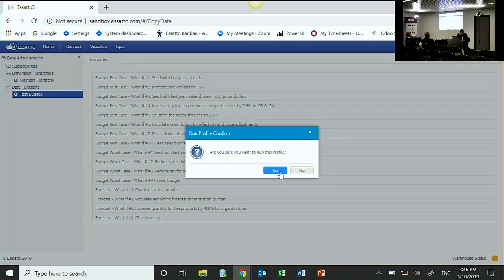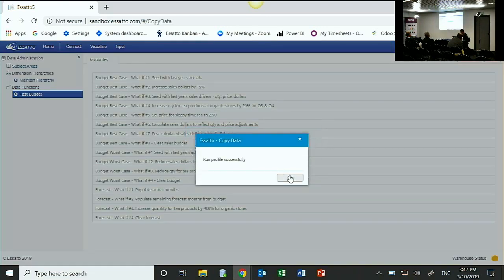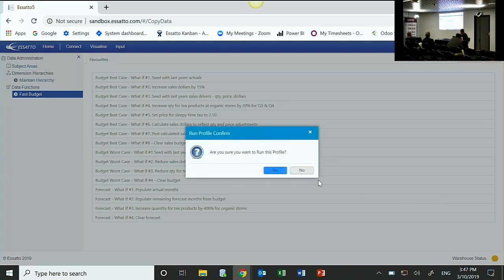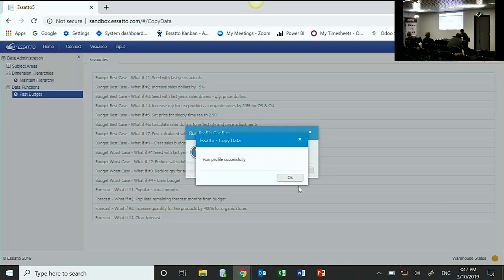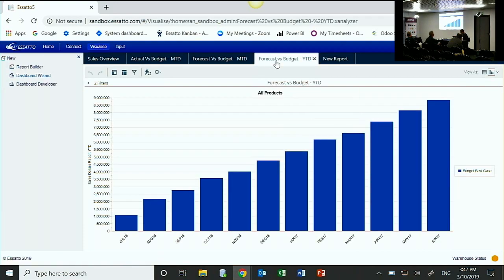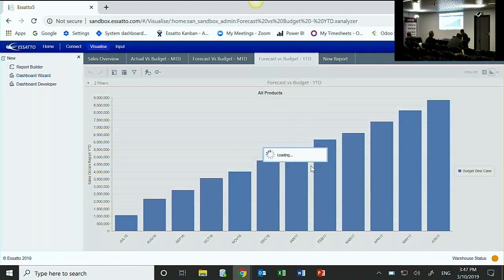But for my forecast, I'm going to start by bringing in my 8 months of actuals that have already occurred, because that's done. I can't change that, that's already happened. Then I'm going to use my budget to populate the 4 months of the year that still have to happen, and I'll use that as my starting position. So that's all happened. Essatto's just, at the lowest level of detail, created a revised sales forecast. If I refresh this report now,